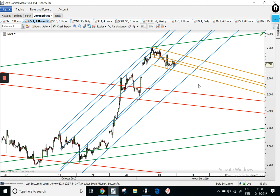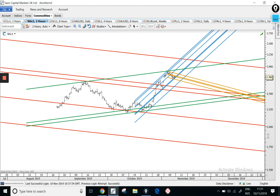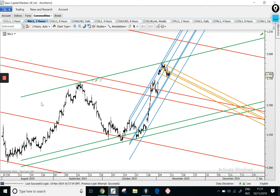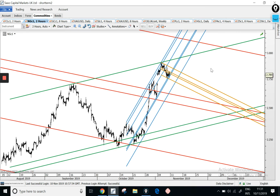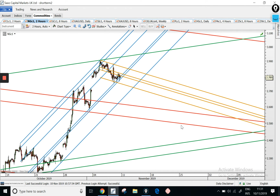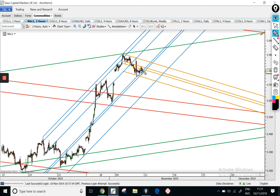Natgas is, so the green top band was the resistance. Okay, the green bottom band has 2 touches. The green top band has 1, 2, 3, 4 touches. And the golden channel is a bull flag, a potential bull flag. But as you know, if the bull flags break to the downside, which means the failure of a bullish setup,